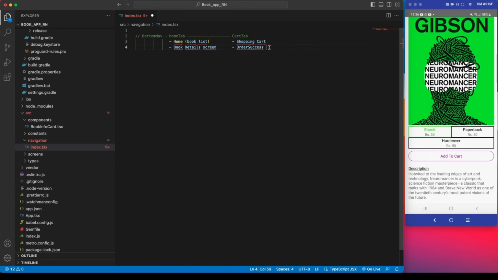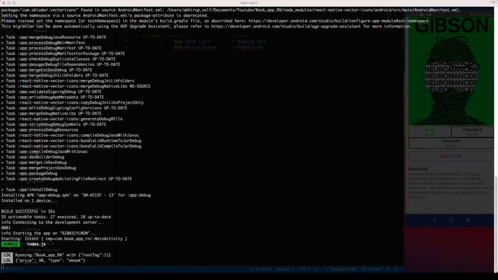Now we will be using the React Navigation package. I will quickly install the React Navigation related libraries, and also the React Native vector icons package so that we can have icons, and we will use them in the shopping cart and in the bottom navigation also. Stop the server, and then I will npm i